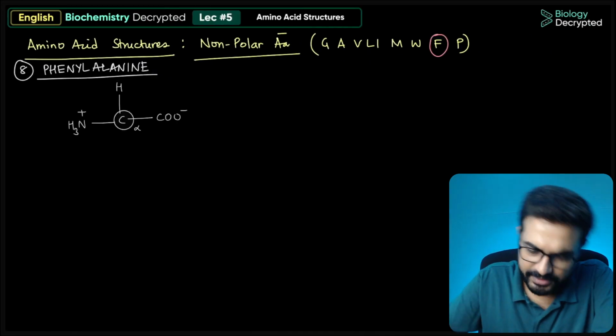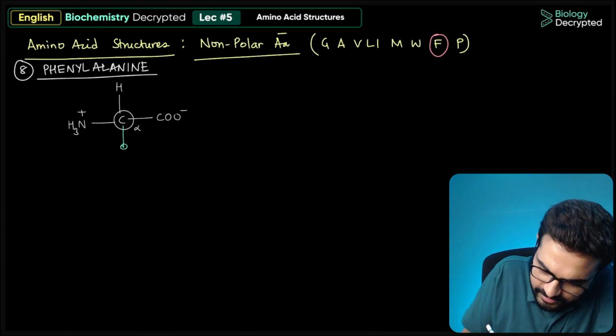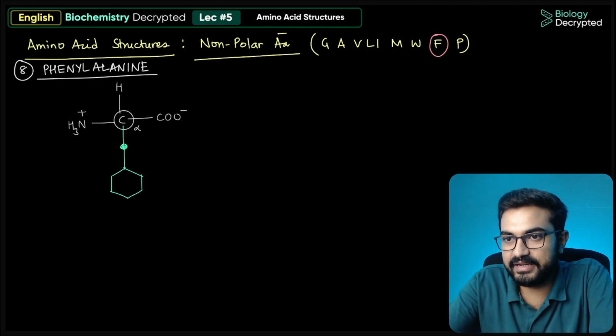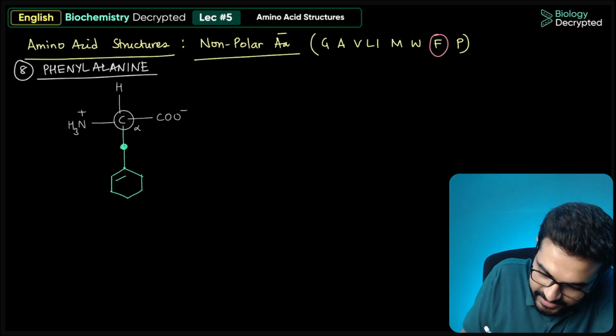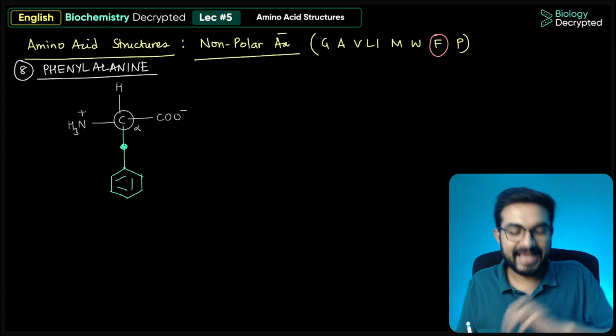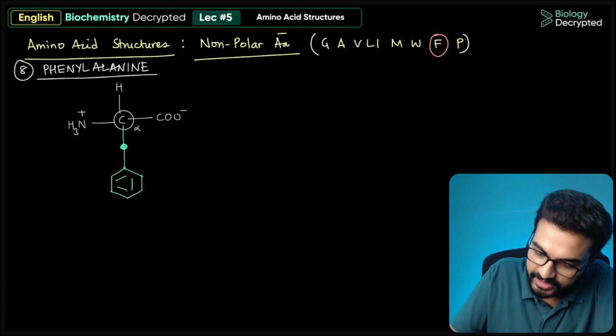Now, this is very simple. Well, you know alanine. This is alanine. Alanine is having a phenyl ring, that is a benzene ring. Whenever a benzene ring is present as a substituent, this is called phenyl. So it is phenylalanine. Now if you try to draw the outline like this,